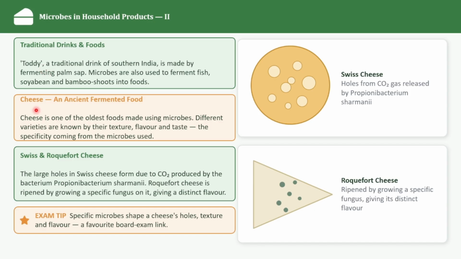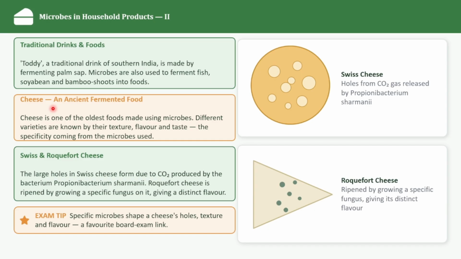Next we are going to see cheese. Let's talk about something students usually love. You love cheese a lot, right? Cheese is another food where microorganisms play an important role. We have different microorganisms, so depending upon the microorganism, the flavor will be enhanced, the texture, the smell, and also the appearance. So the microorganisms involved can actually influence what the final cheese is like.